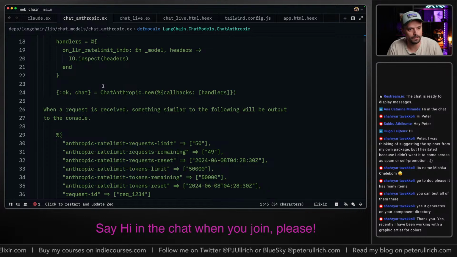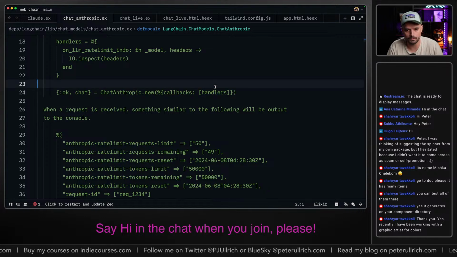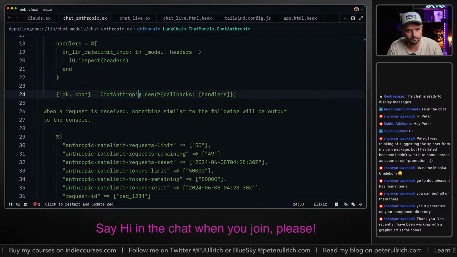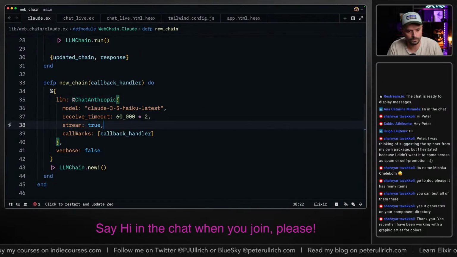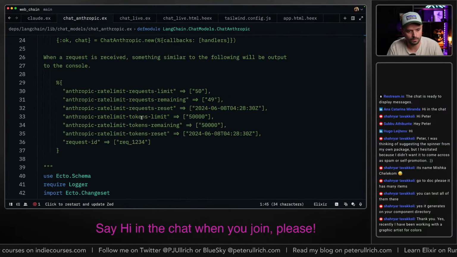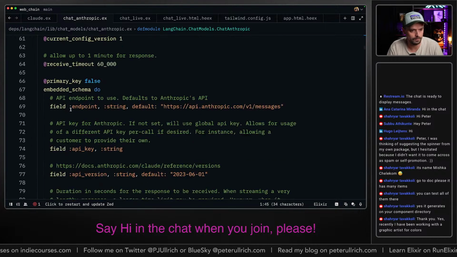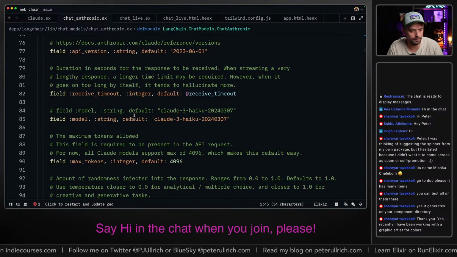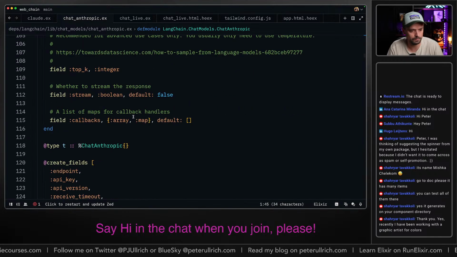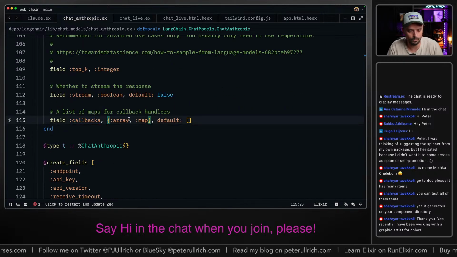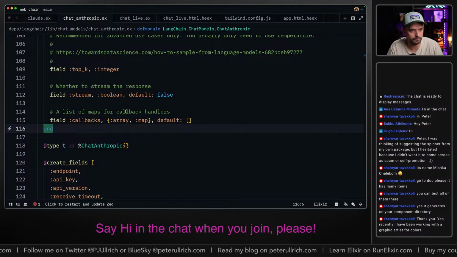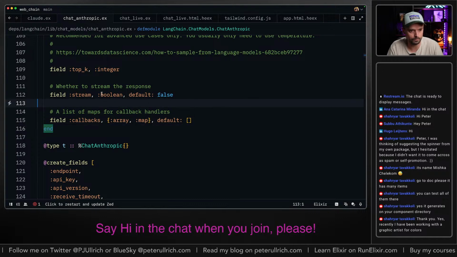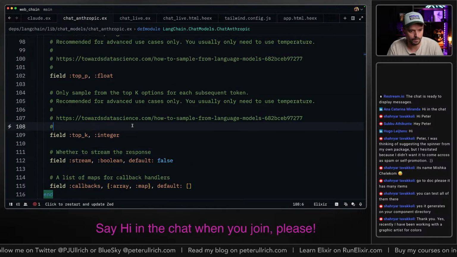Yeah, here's the handlers, new callbacks handlers. Where's the schema? Endpoint, API key, model, callbacks, array of map, stream default, top key.